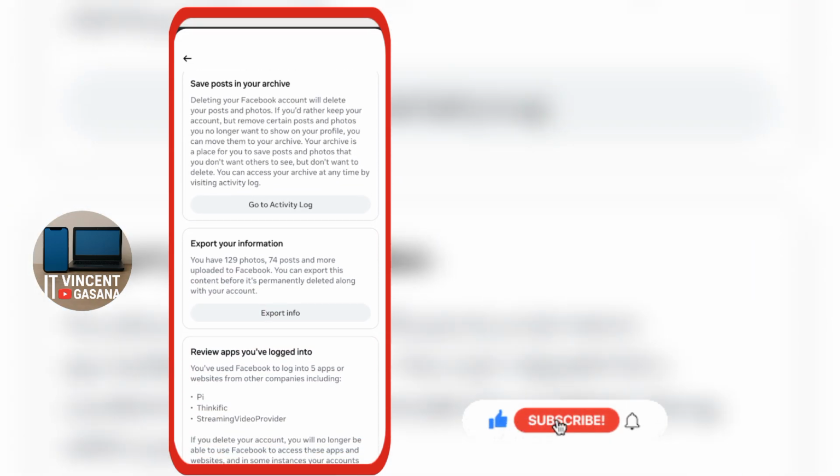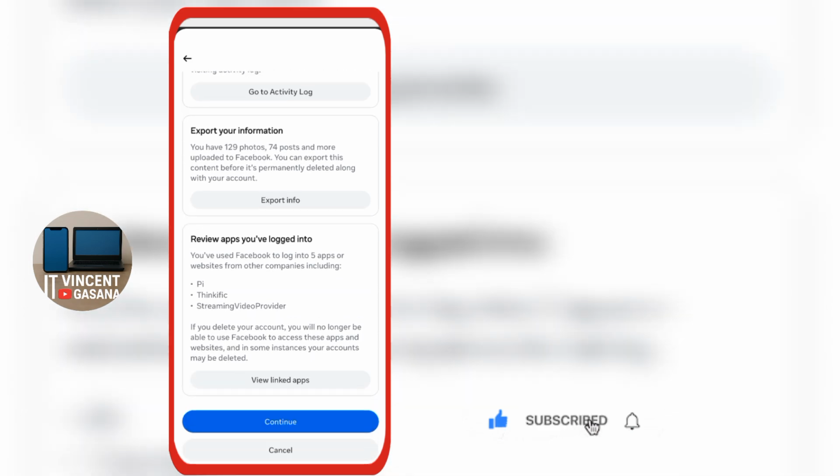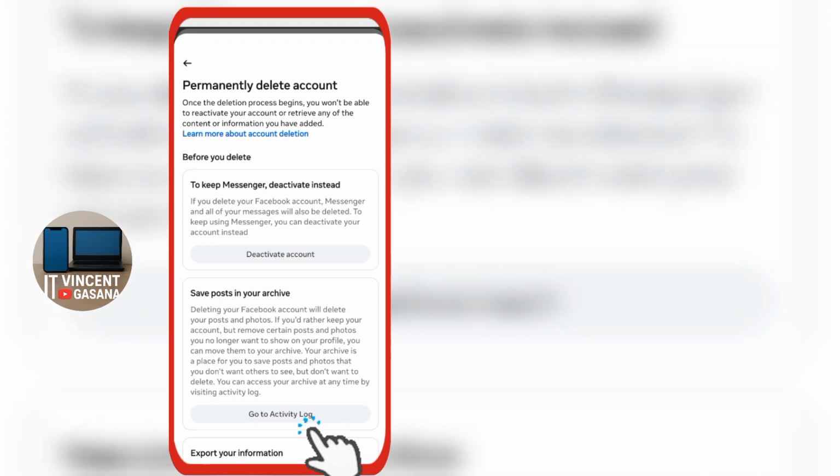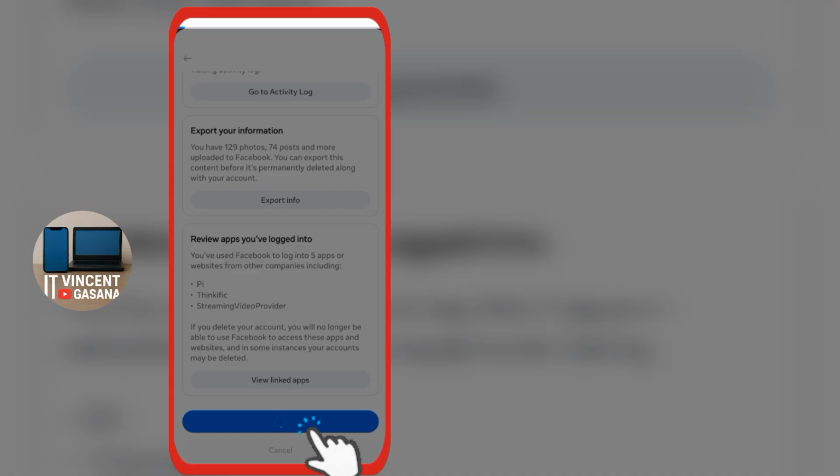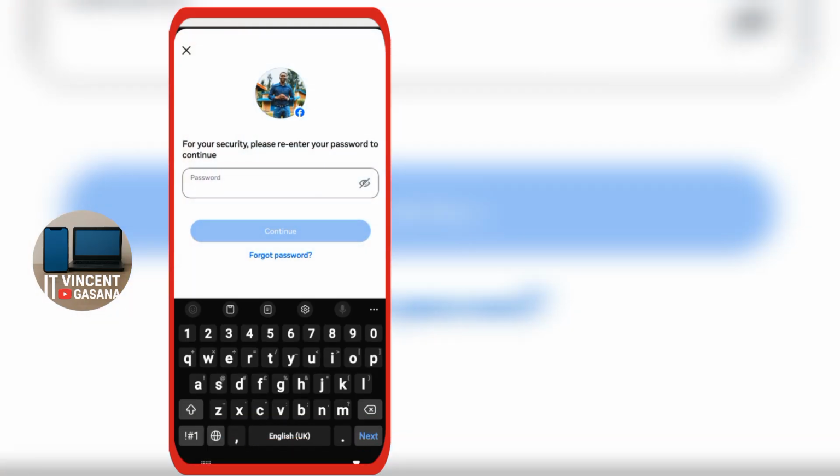I think there is no reason to read or explain each word. Once you click continue, we scroll down and down. Also here we click continue again. Click continue,